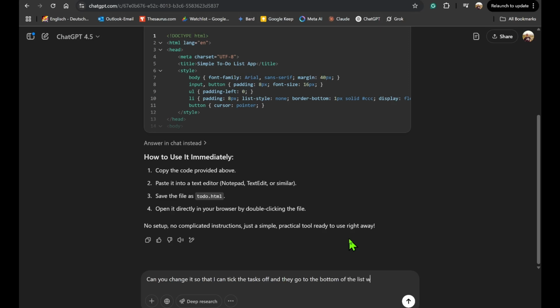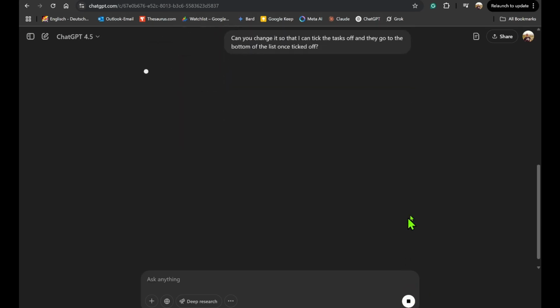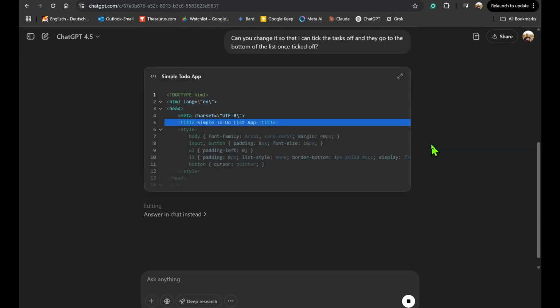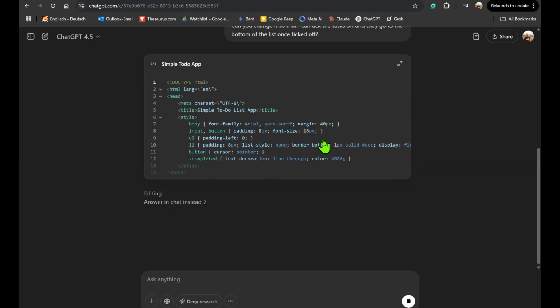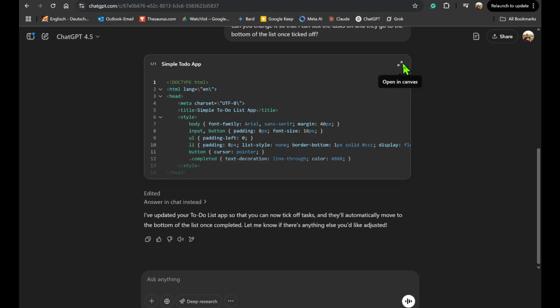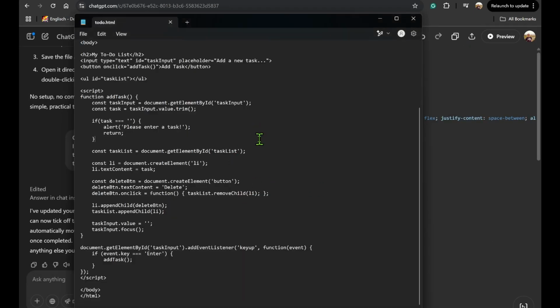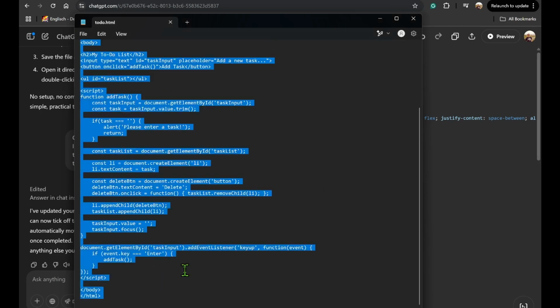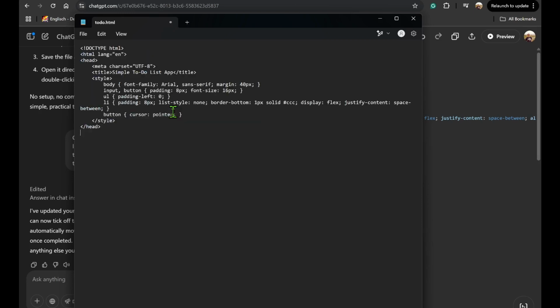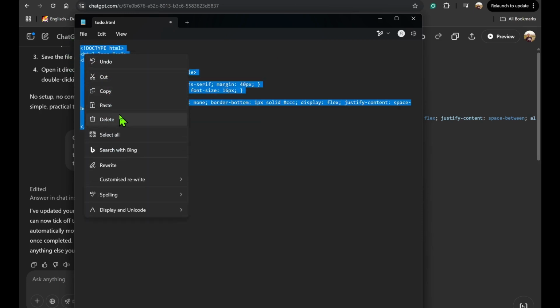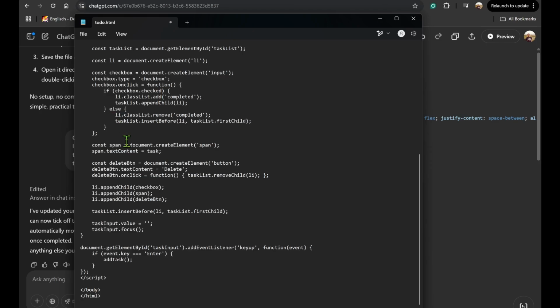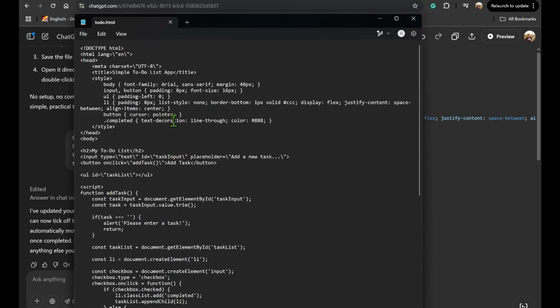And basically just send that, and it comes up with the new code. Change the code up, and do the same thing. So we just have to copy it again, go back into our text editor, delete everything that you had in there before, or just delete everything. See, that's why sometimes you want to make sure you delete everything, and then paste it in, save it, and